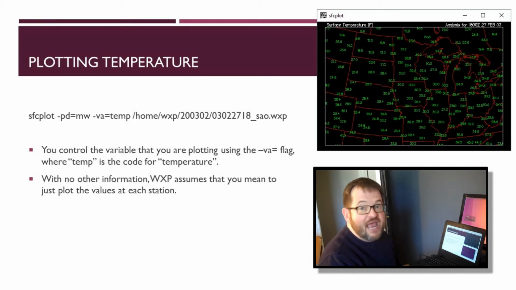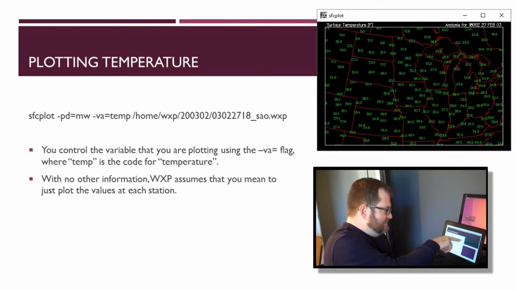Minus VA equals temp, because the variable that I'm plotting is temperature. And then that's the name of the file that we're plotting again. Again, this is still that 2003 data. I'm still in the process of installing the software and stuff to get operational current data. So until that time, we're just going to mess with this old case study stuff that happened to be on a disk. Okay. So the variable that you're plotting is going to, of course, be with the minus VA flag,